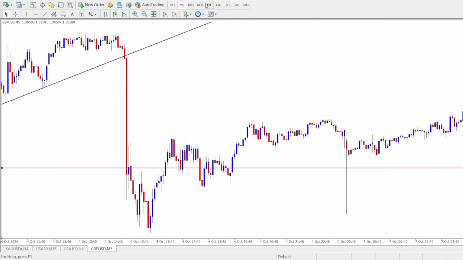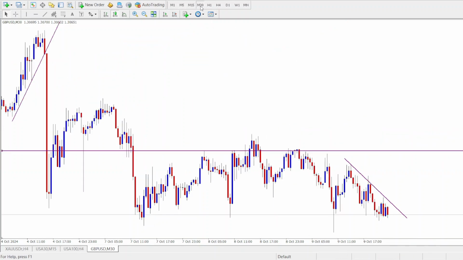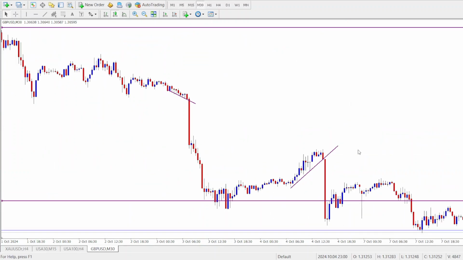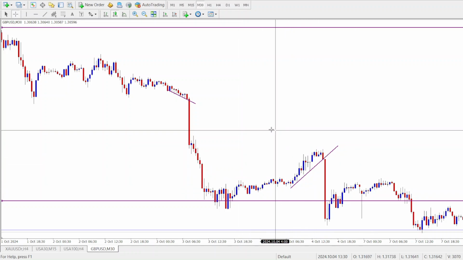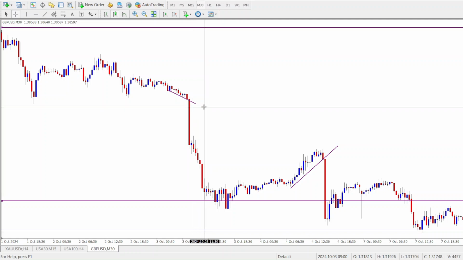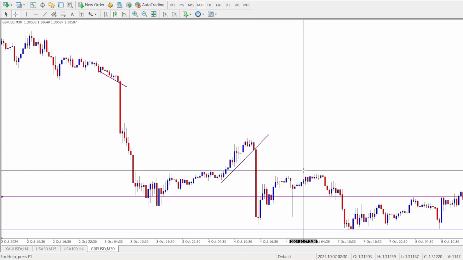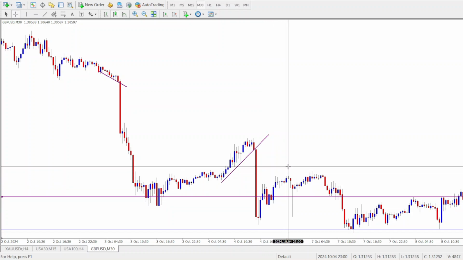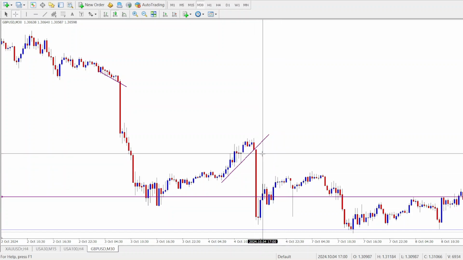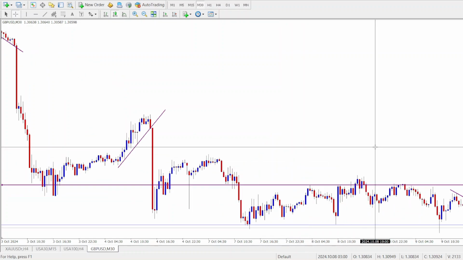Sometimes the retest might not always happen. The retest might not get to the point of the breakout. For example, we can see that after this breakout happened, there was a breakout here. This retracement did not get even close to where the breakout happened. Now, this was another breakout. The retracement got a little bit close, but not exactly to where the breakout happened. So sometimes the retracement might not get to exactly the point of breakout,